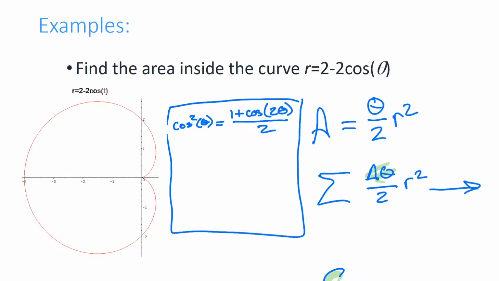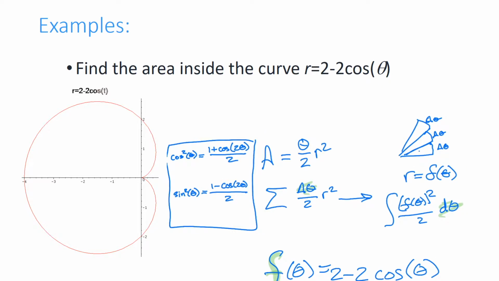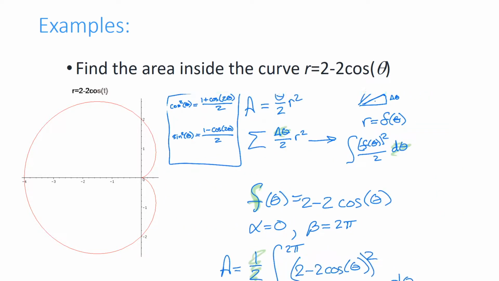So these are formulas that you should know from Calculus 2, but you might not remember. And then sine squared theta. Actually, they're from trigonometry. They're from high school. 1 minus cosine of 2 theta over 2. Let me make sure I got that right. Yeah, that's right. Okay, so there's my two power reducing formulas that are super handy for this section because of